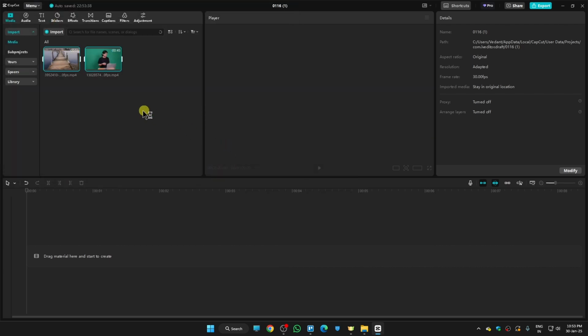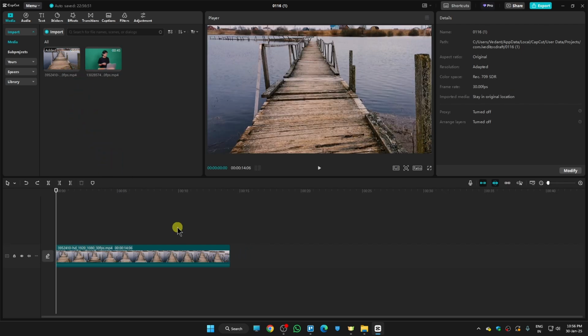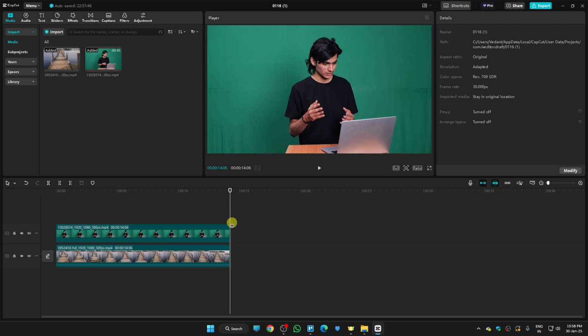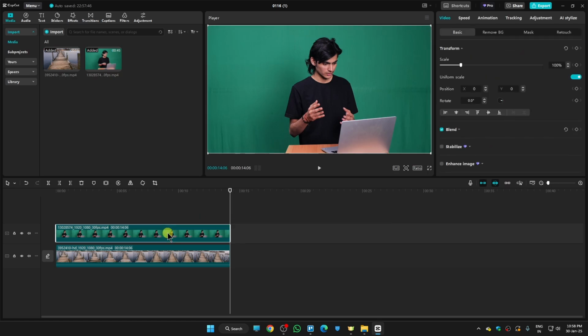Then tap on open, and once the footages are imported, firstly select the background footage and drag it on your timeline. So I have dragged it here. Now drag your green screen footage over your background layer so that if we remove this green screen, then we'll be able to see our background. And let me just get rid of this extra portion, and now I can simply select my green screen video